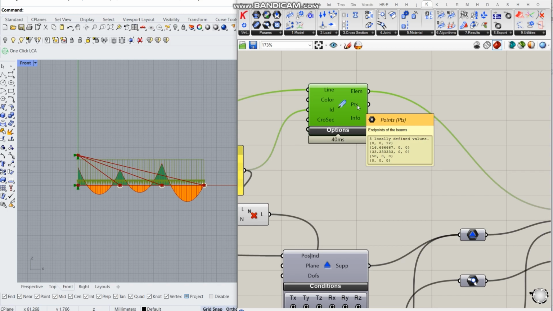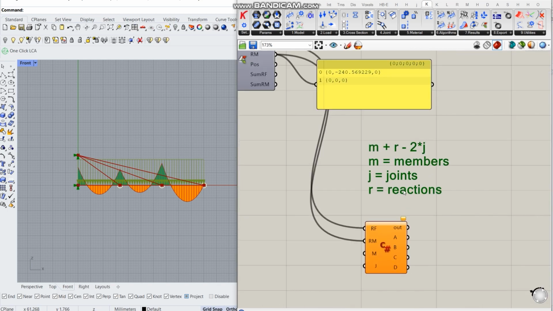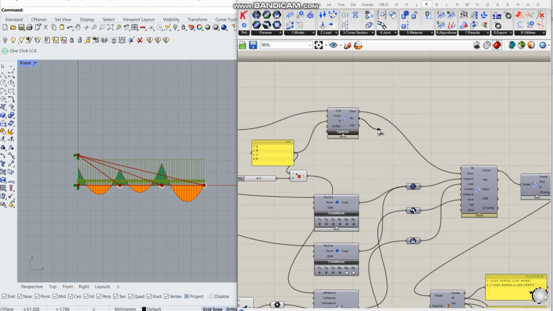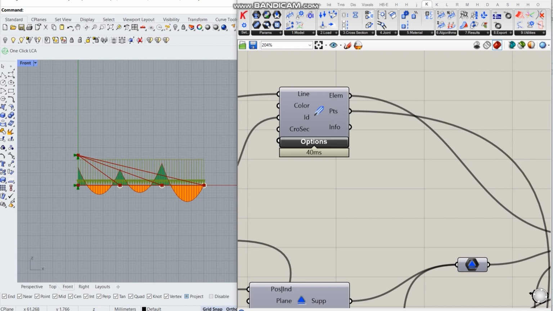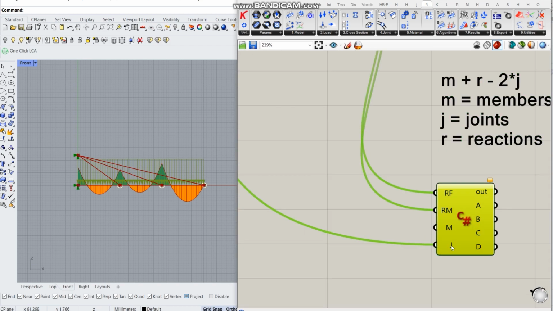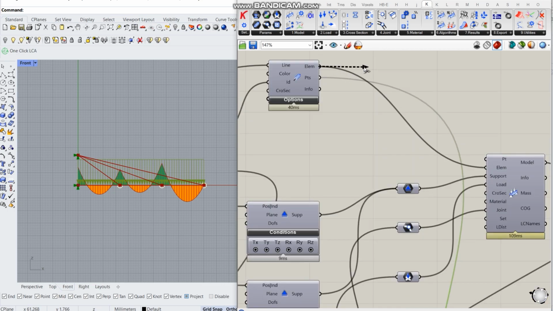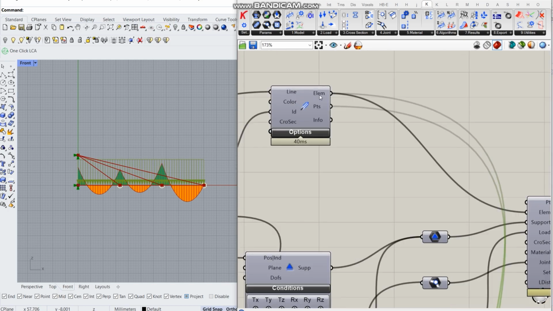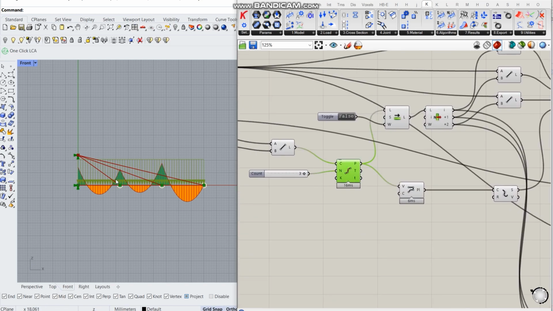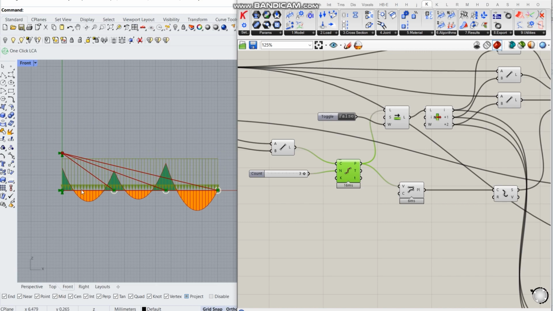Points from the formula are my joints. See if I just can take them. So I can take them like just a number, and the same goes for the members. The members are 6 elements, so 1 2 3 4 5 6,